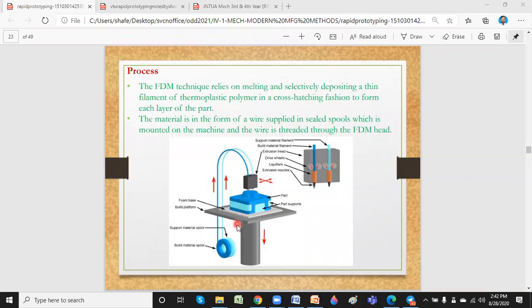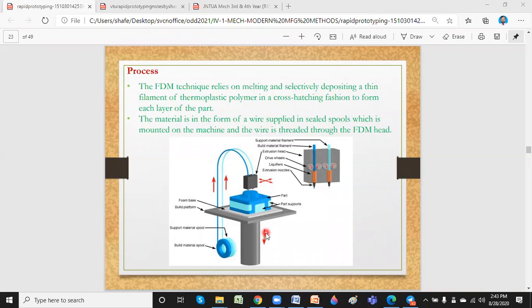It's just like a layer by layer of a sandwich or laminate. So it keeps on producing layer by layer by giving whatever the filament in the liquid form, and extruding it over the part to be produced. And finally, whatever the thickness you need, it will go on producing layer by layer, and then finally you will get your product, and you just take away this table back, and if you have any extra portions, you'll remove that, and finally this blue color one is your waste model.